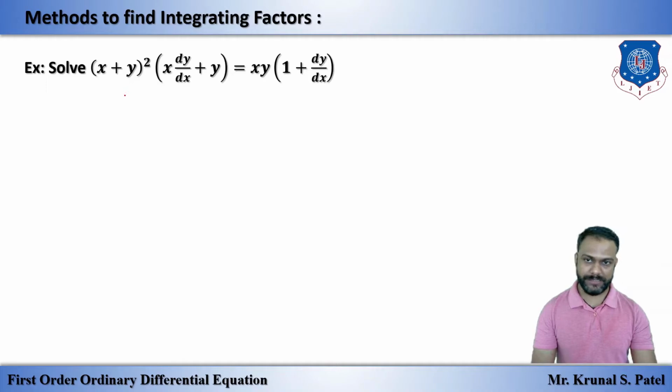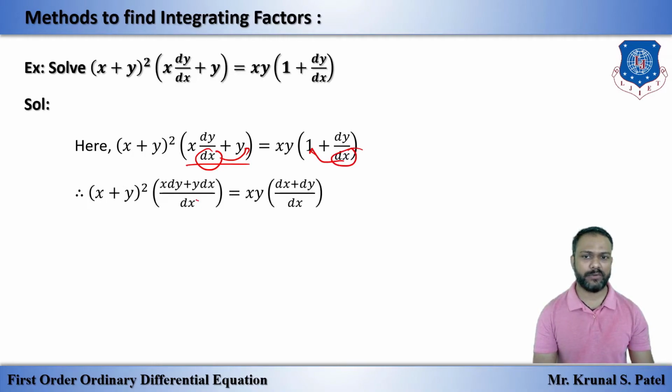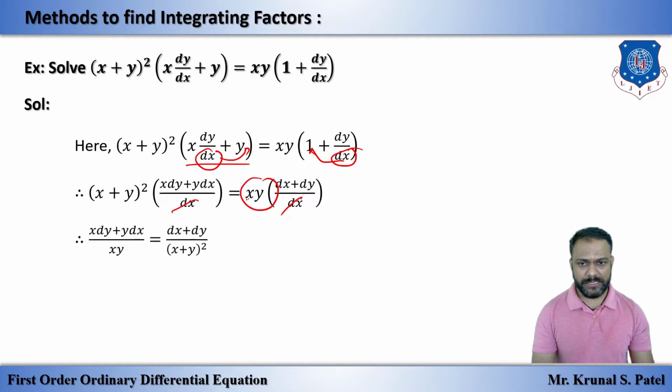To solve this, here we don't have any special logic or anything. So we'll start with this question. And here, by observing that, if we can take LCM, so dx multiply here and divide by dx multiply here and divide by dx, and dx cancel out from both sides. Now, if we take this term on the right and left hand side and this term on the right hand side,